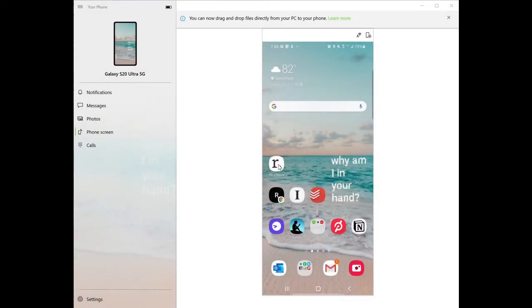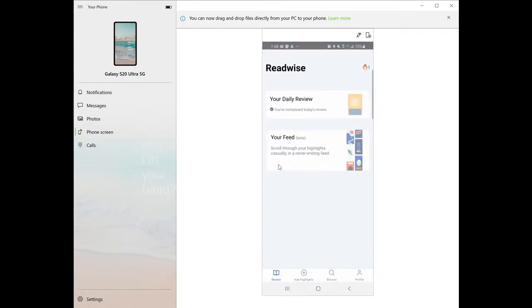Phone screen here on the computer, and I'm going to open up the Readwise app. And here in Readwise, you can see your daily review and then your feed. We'll look at each of these in just a second. You can also see that I've done my daily review for one straight day right now. That's my streak here. So if I hadn't done my daily review yet, it would show up here for me